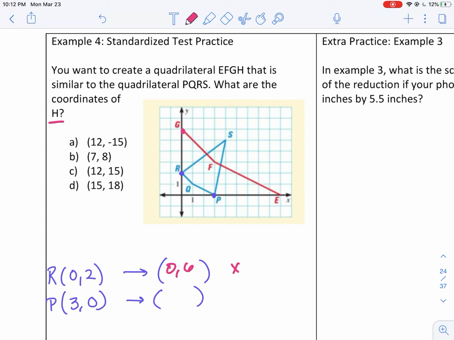So here we would have multiplied by 3. Now let's see if that holds true when we map point P to point E. I'm starting at 3, 4, 5, 6, 7, 8, 9. So 0, 9. If I multiply by 3 again, yes, that scale factor holds true. So now we know our scale factor